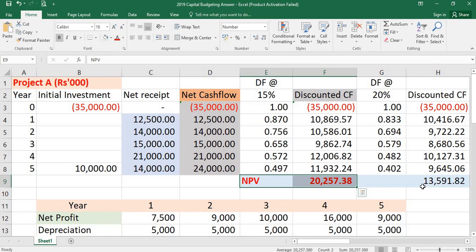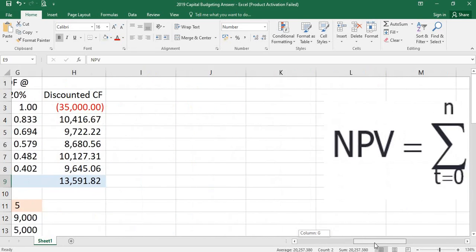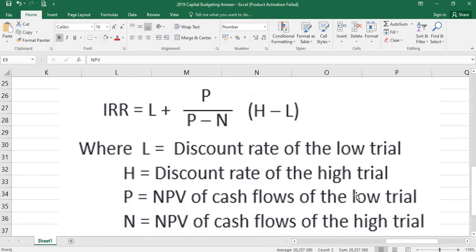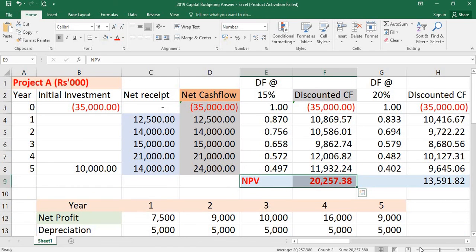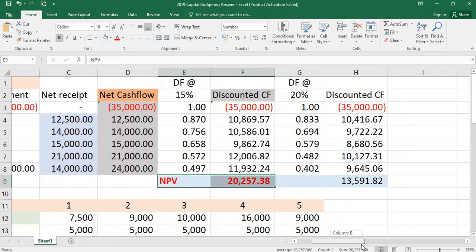Second part, you have to calculate IRR. In order to calculate the IRR, you should apply this formula: IRR equals L plus P over (P minus N) times (H minus L), where L is the discount rate of the low trial, P is the NPV of cash flows of the low trial, N is the NPV of cash flows of the high trial, and H is the discount rate of the high trial. So therefore you have to identify